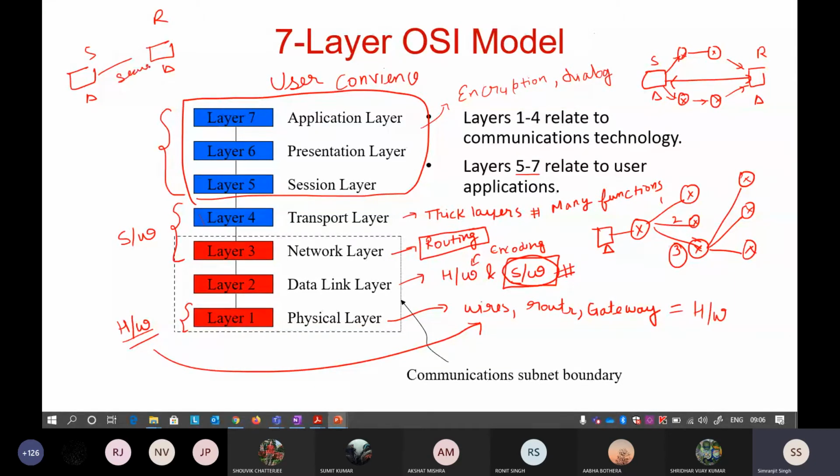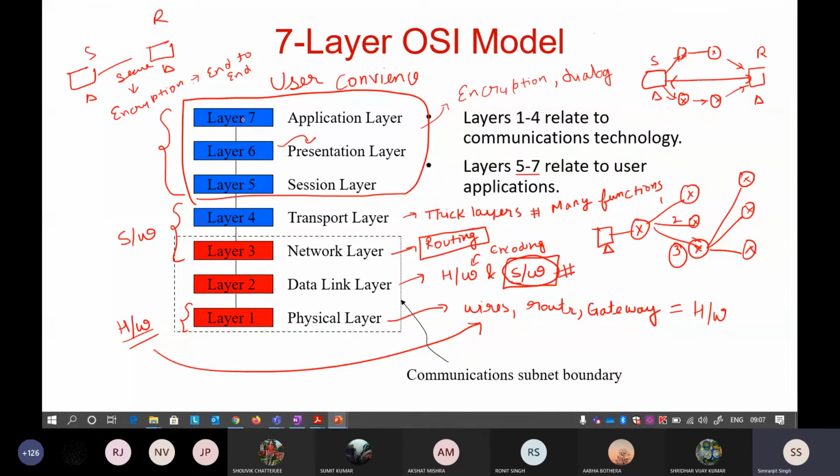For that you require encryption and decryption. In WhatsApp, for example, there is something called end-to-end encryption. This takes place because they use the presentation layer, which has the functionality of encryption. So end-to-end encryption is a part of the presentation layer.